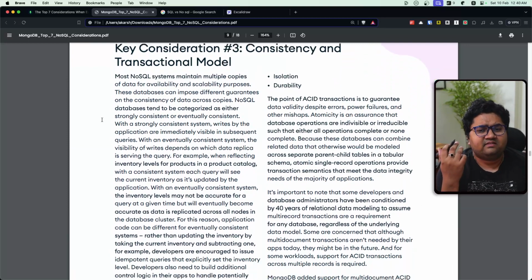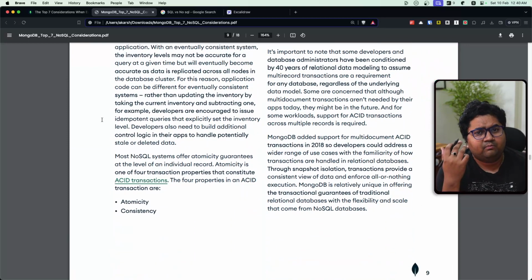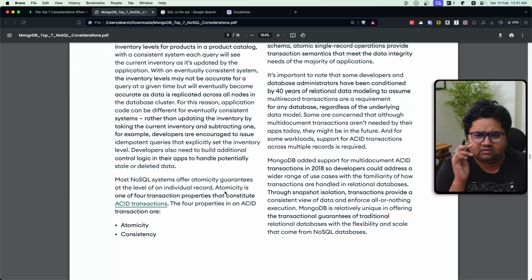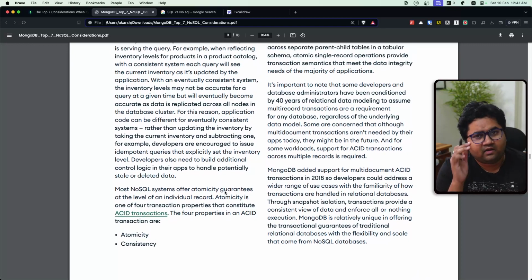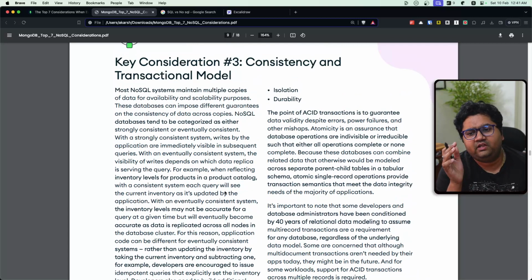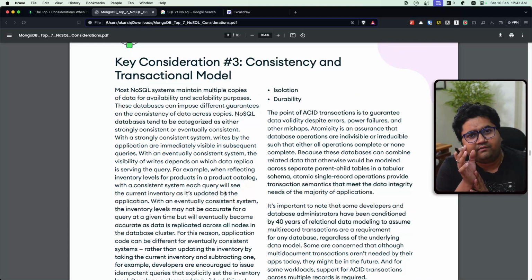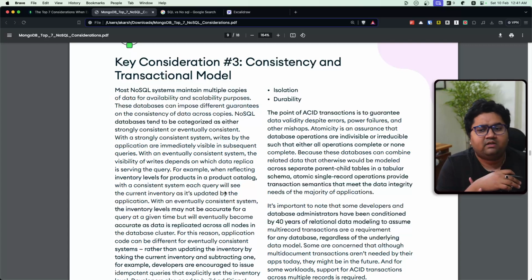Third is the consistency and transaction model. As I was saying, most NoSQL databases offer atomicity guarantee at the level of each record, and atomicity is the first one essentially. And then you have consistency, isolation, and durability. Depending on the type of database you select, it might offer isolation, might offer durability, but it's very unlikely